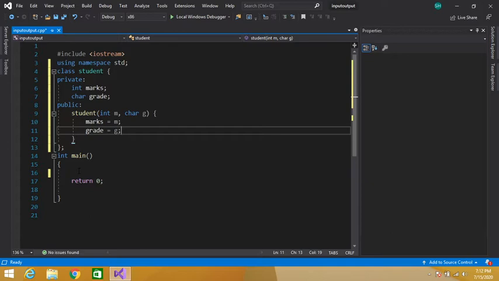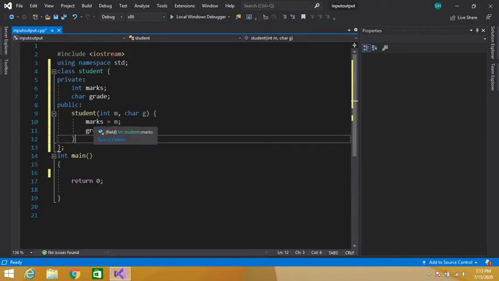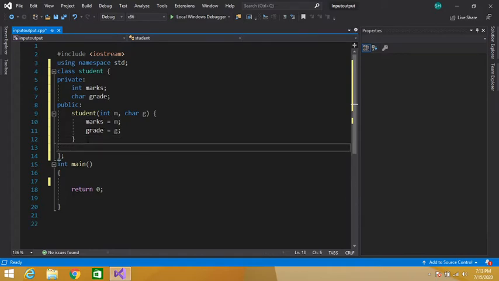Okay guys, let's create another function to print these values, the value of marks and grade. Let's define another function here. Let's say void display function to display the values.